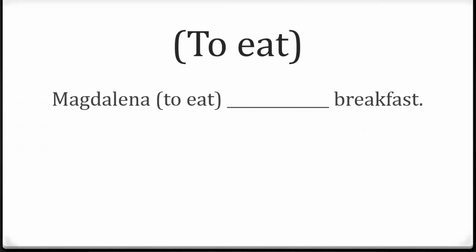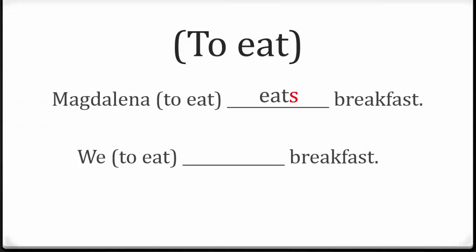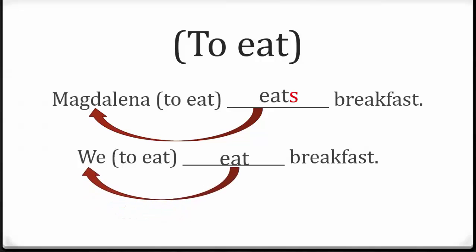Let's test our hypothesis in another context. In the first example, eats with an S is required. In the second, we omit the S, just like we did with the sentence, you run very fast. In the first example here, we have another use of the third person in English. In the second example, we actually see a use of the first person plural, but it still requires a different